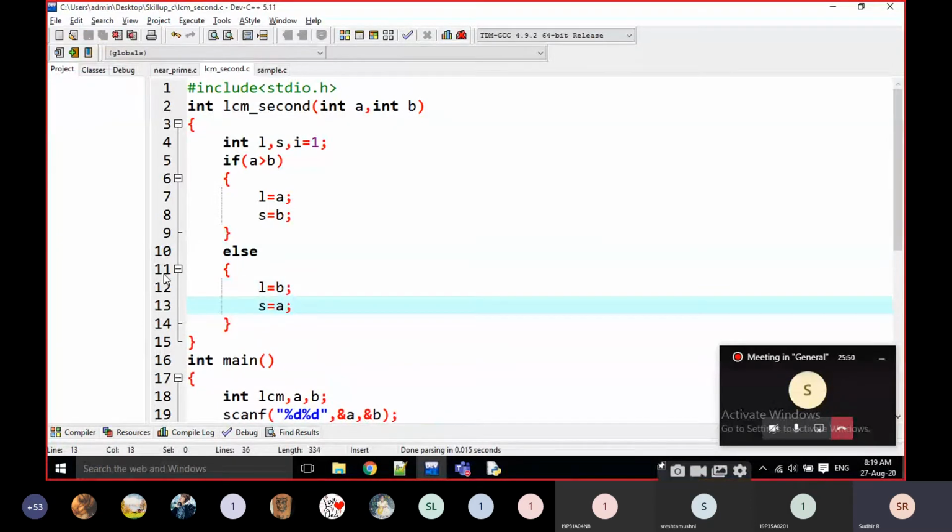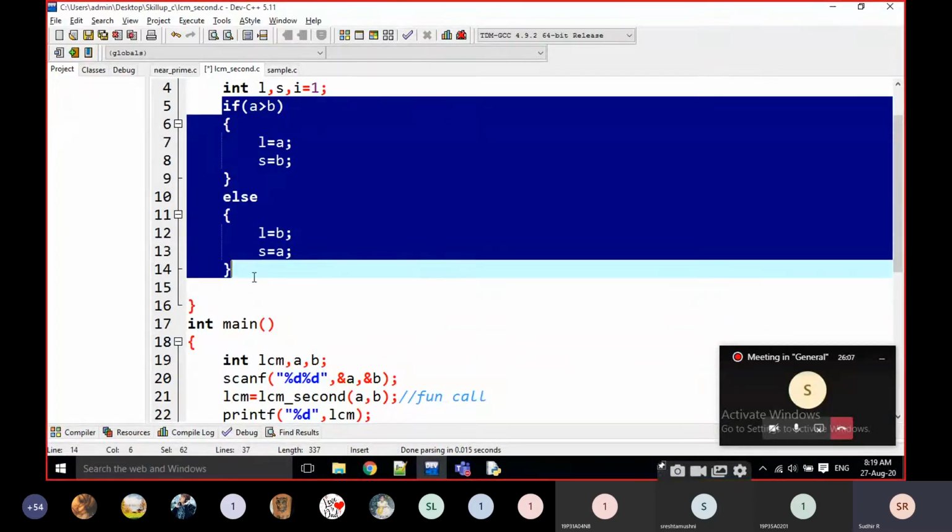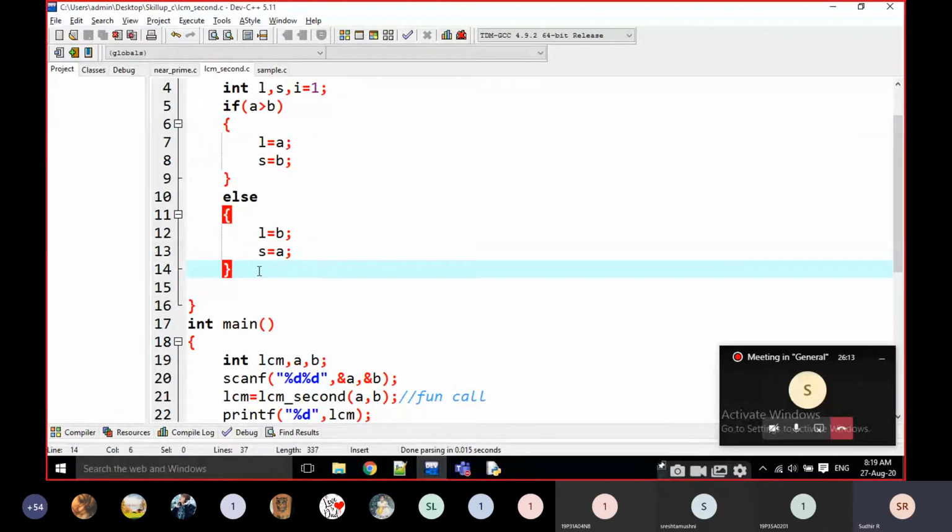That means we are finding what is the largest value here. We can write it in another way also. This is just an adjustment, not pure logic. After this conditional statement, L is the largest one and S is the smallest one, right?